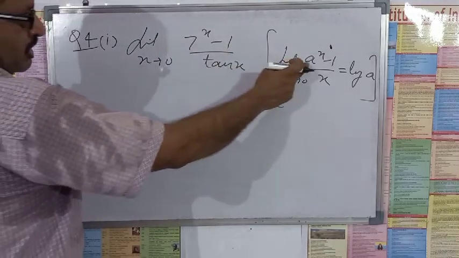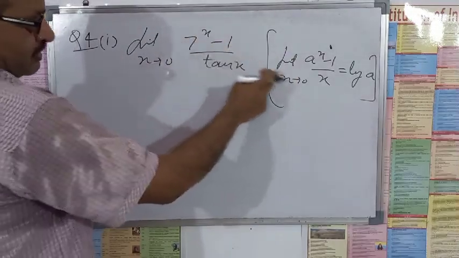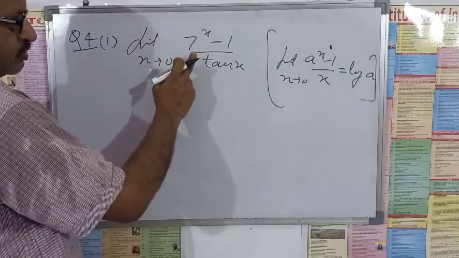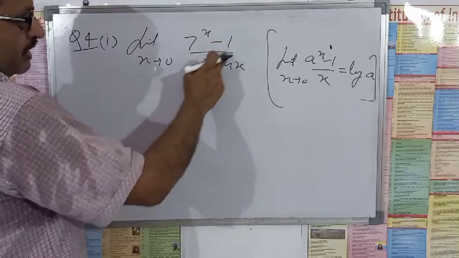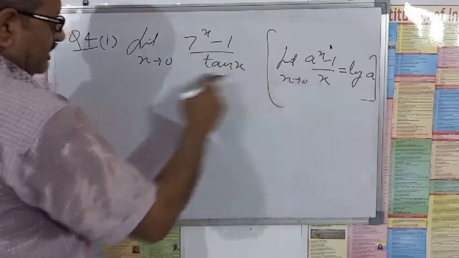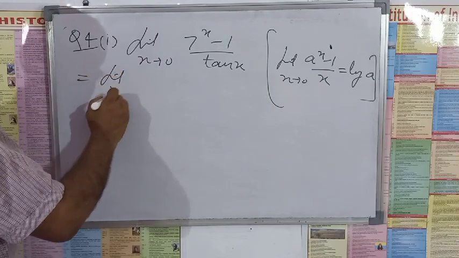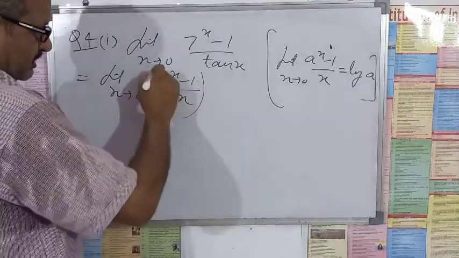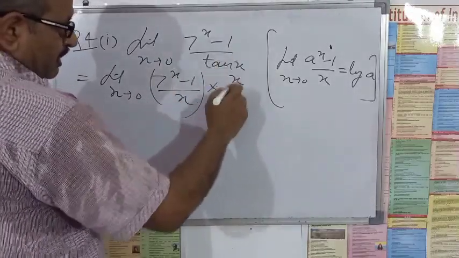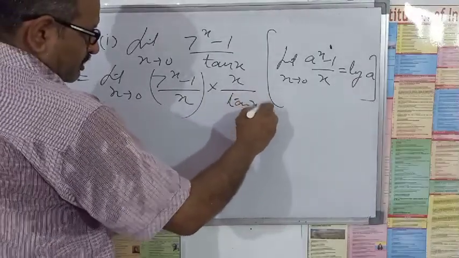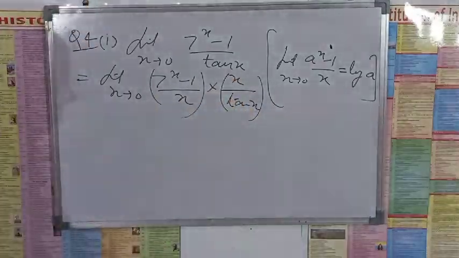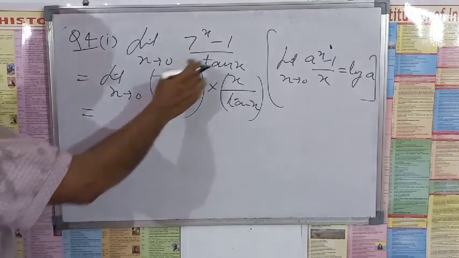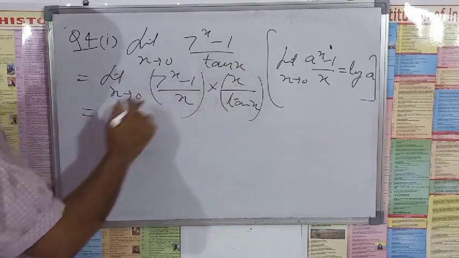So yes, in place of a, 7 is there, 7 to the power x minus 1, but in the denominator x is not here, 10x is there. So we have to bring here x. So multiply and divide. Multiply both numerator and denominator by x. Limit x tends to 0, 7 to the power x minus 1 upon x, into multiply numerator also, x upon 10x. Like this we can write it. So x cancel, we can get the same.